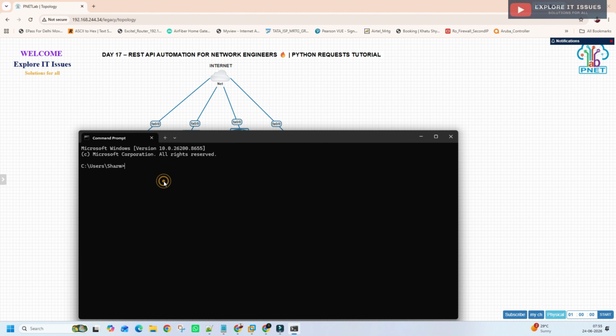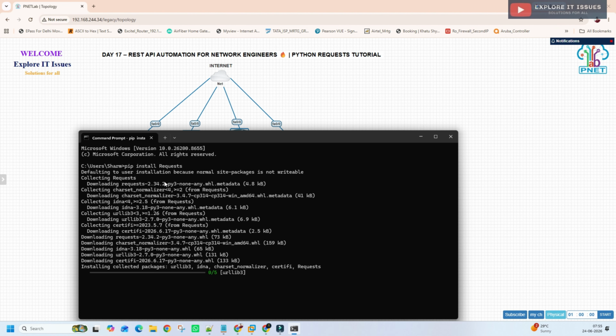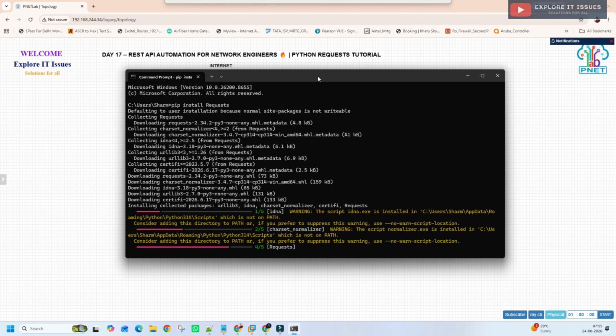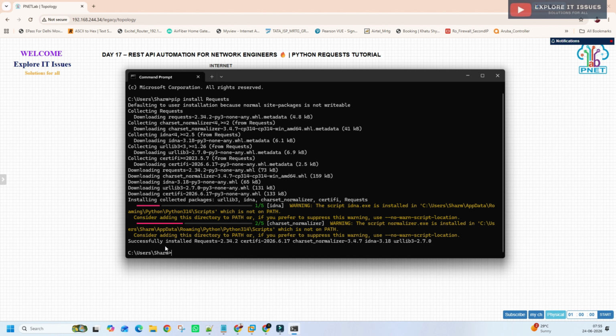Then type pip install requests. I will explain why we use requests. We need to install the requests library first; it is successfully installed.